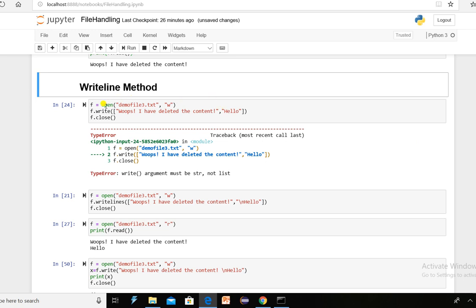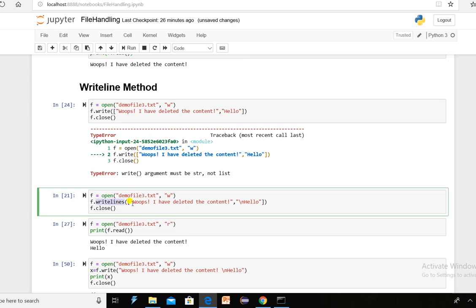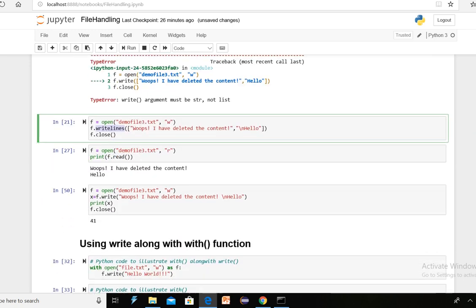So f.writelines, and in this will be your first list element L[0], and this will be L[1].